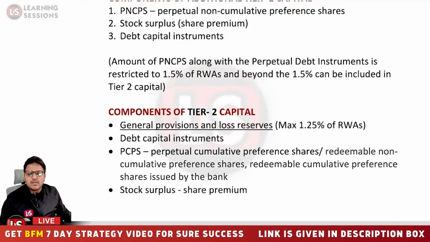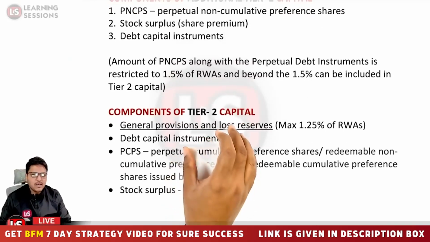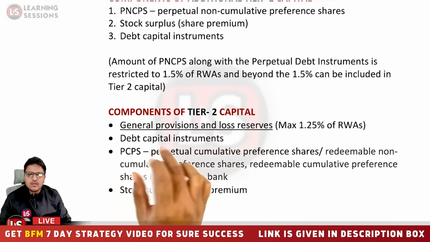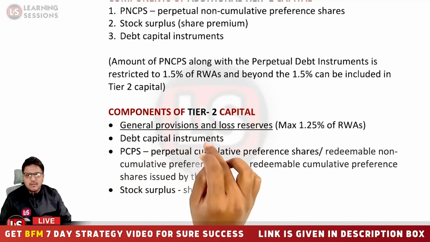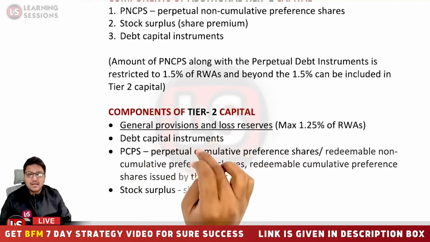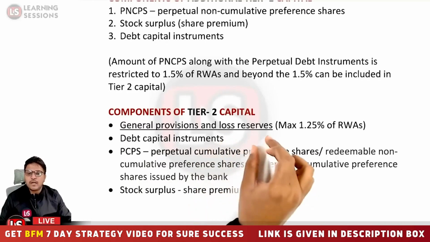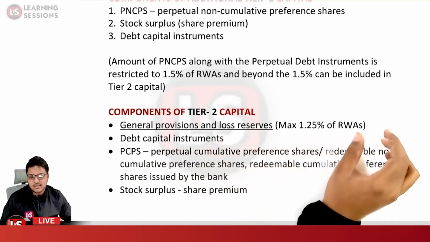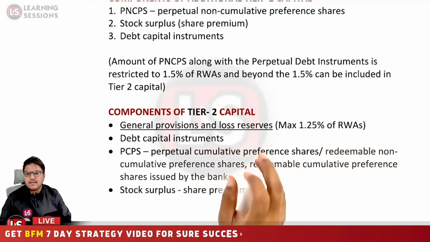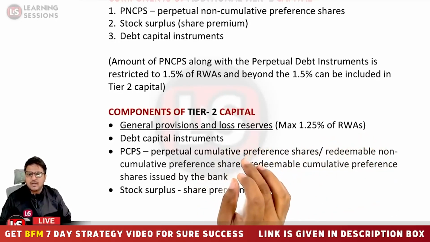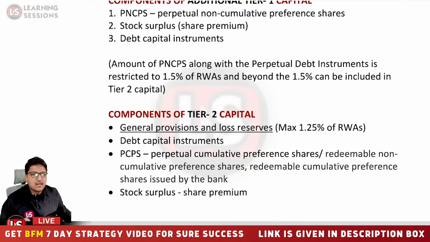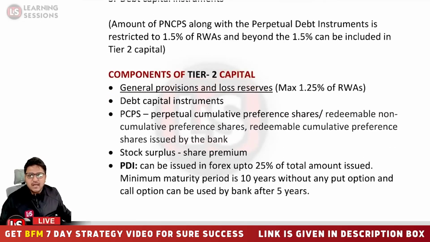Further, it is related to the components of the tier 2 capital. So general provisions and loss reserves can be taken as a part of the tier 2 capital, but these are restricted to a maximum of 1.25% of the risk weighted assets. Other than that, the debt capital instruments can be taken as a part of the tier 2 capital. And for the PDIs, if there is any of the debt instruments that is a PDI, in that particular case,